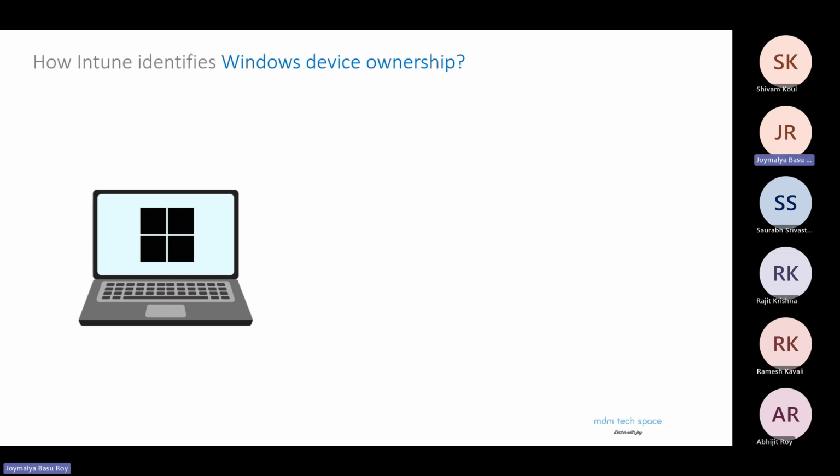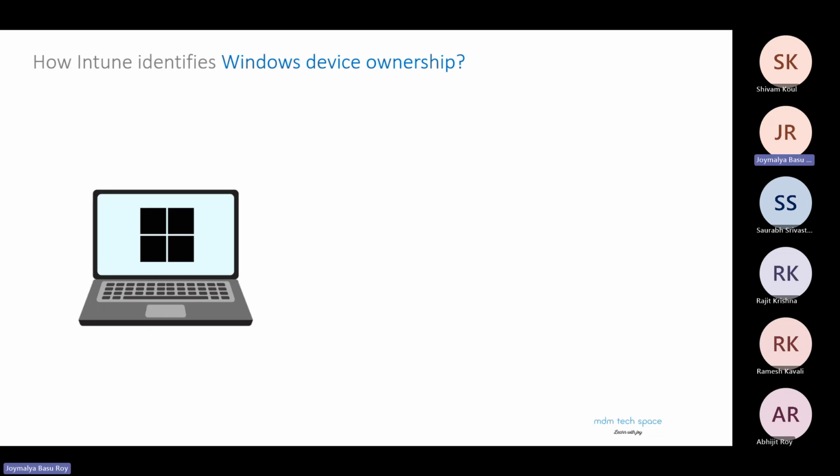In case of mobile devices, if we are doing an enrollment via Company Portal, the device ownership comes up as personal, based on the enrollment process. Yes. If we are doing an Apple Business Manager enrollment, then it comes up as corporate. But also, if we are doing a Company Portal enrollment, but we have the serial number of the device listed in the corporate device identifiers, then also it can determine the device ownership as corporate. But in case of Windows,